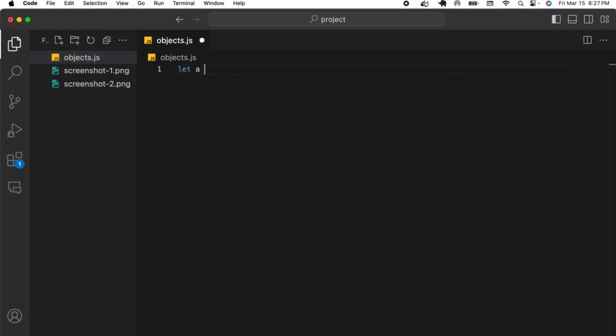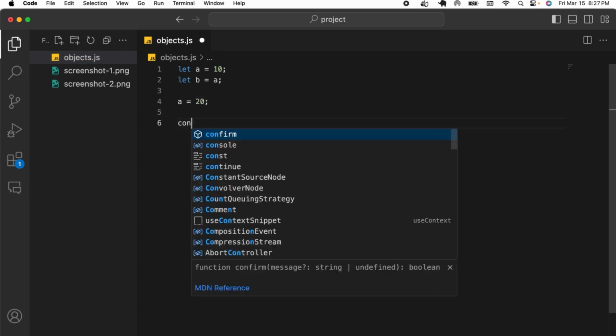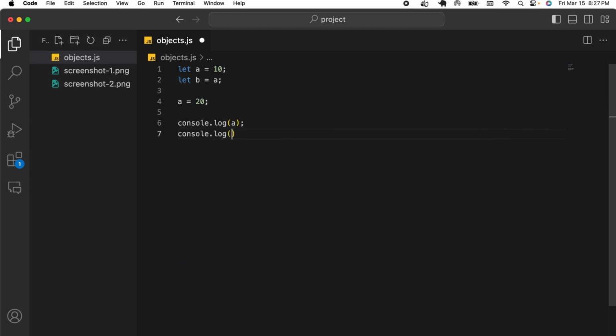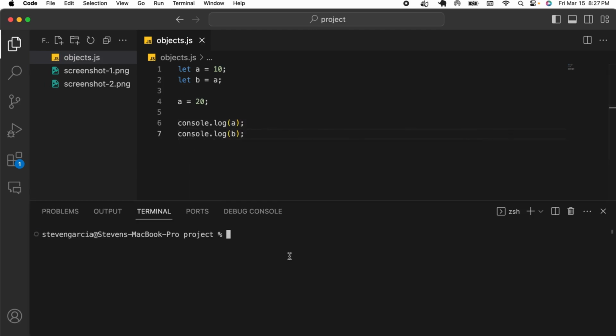If I say let a, and I initialize that to 10, and let's say let b, and I initialize that to be assigned to the variable a. Now if I reassign the value a, let's say if I assign that to the value 20, let's console log both of them, and console.log b, open up the panel, and we'll run it. So here we see they output different values. So both a and b are assigned to a number, which is a primitive data type. And when we log them out, we see that they are 2 independent variables, meaning that they refer to different